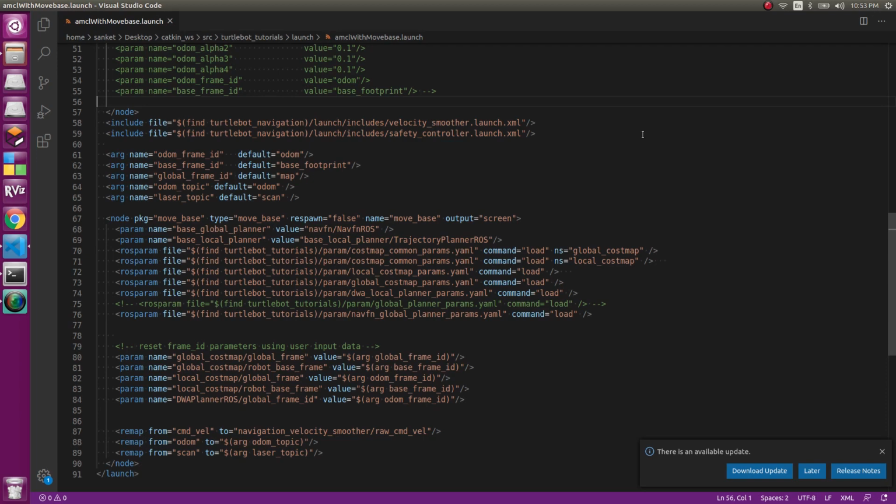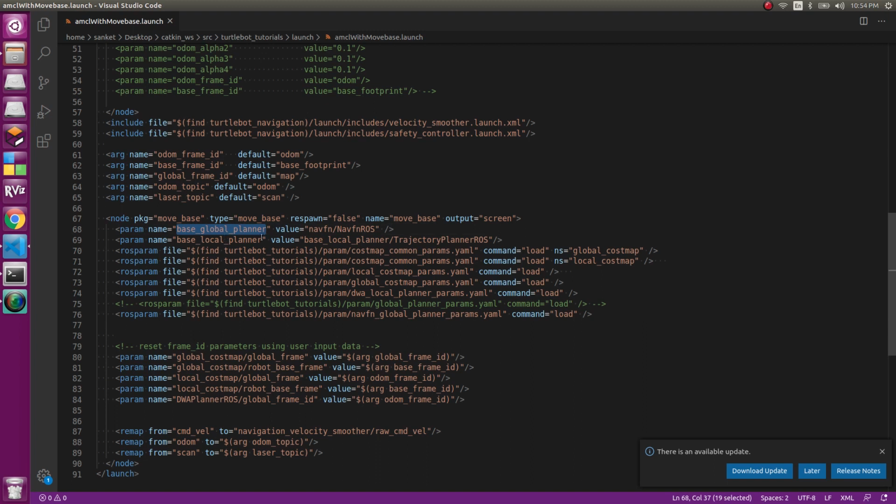Hello everyone. In this video, we'll be looking at how to move your turtlebot around, that is, how to do path planning in ROS. For this, we'll be using the move base node. That is, basically the move base node is responsible to plan the path for any robot to move around in ROS. So to do so, we basically have two planners, that is the base local planner and the base global